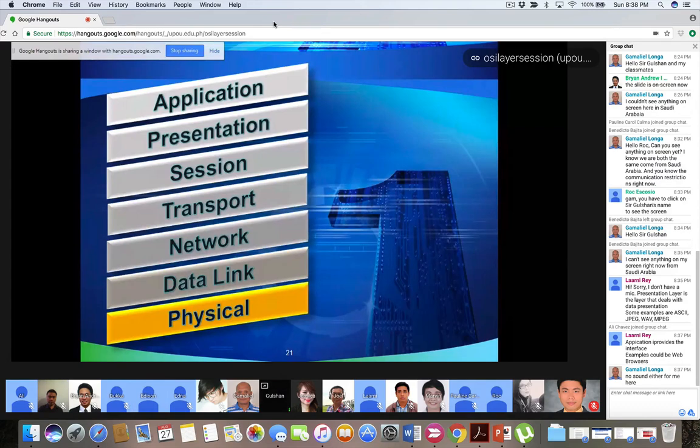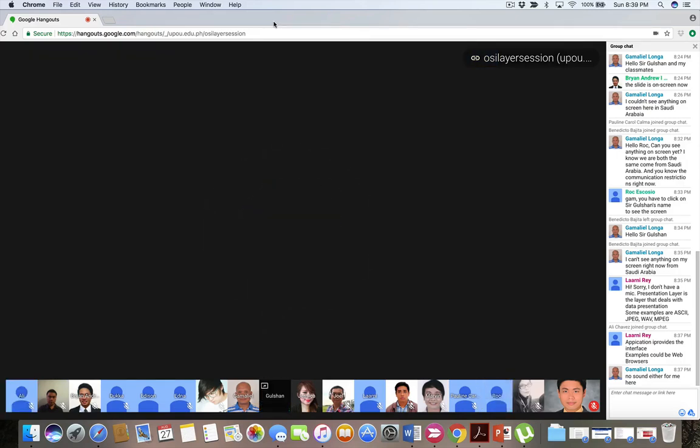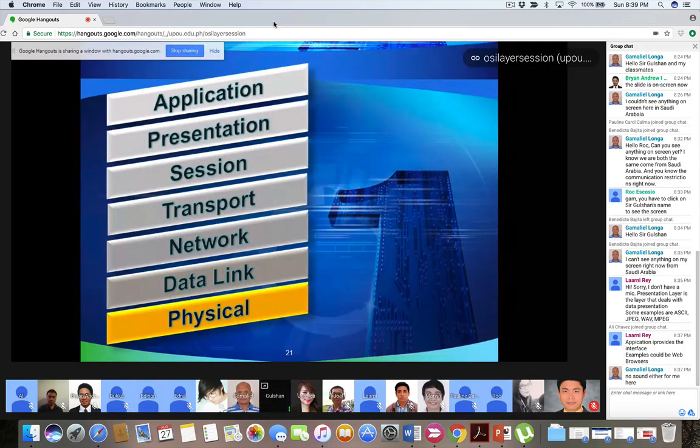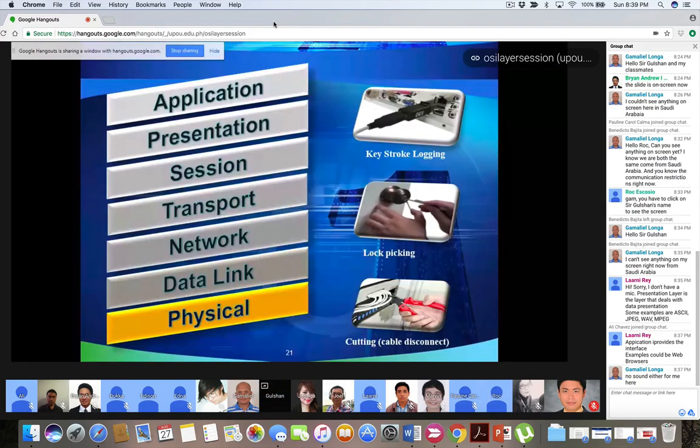When we are talking about Wi-Fi that is open, it's an open invitation to everyone. Others include keystroke blocking, lock picking, and cutting cable.